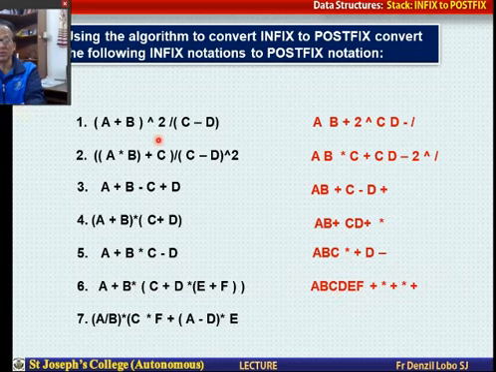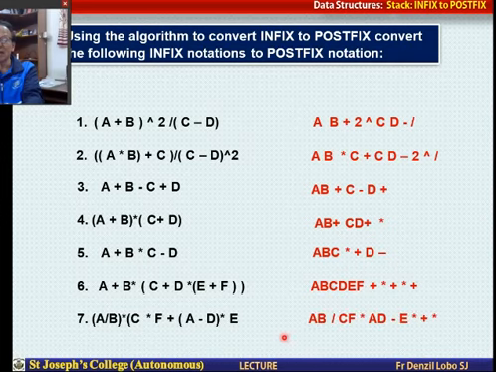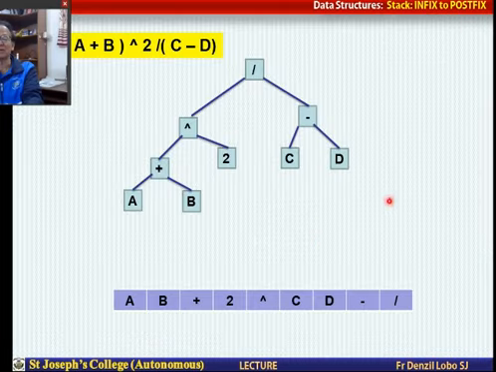Once you have written your C program to convert infix to postfix, test all these mathematical expressions and see whether you get this result. That is very important. Similarly, the last one becomes AB divided by CF into AD minus E into, then plus and into here. So that becomes the postfix expression. So this is how we have to do it. Let us try one more.